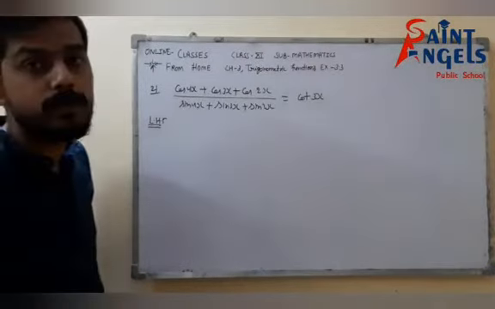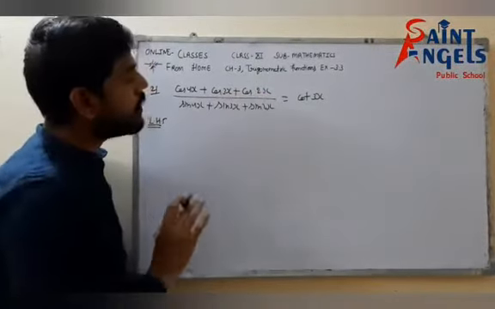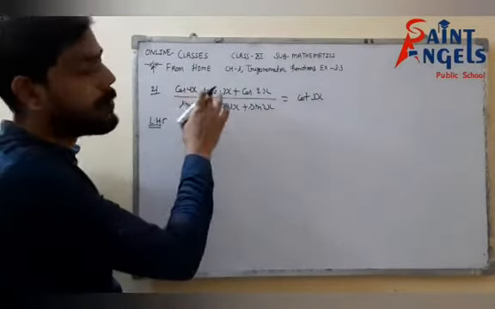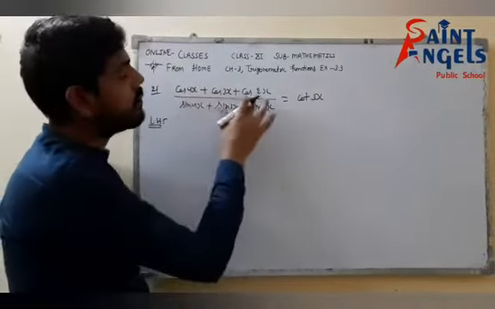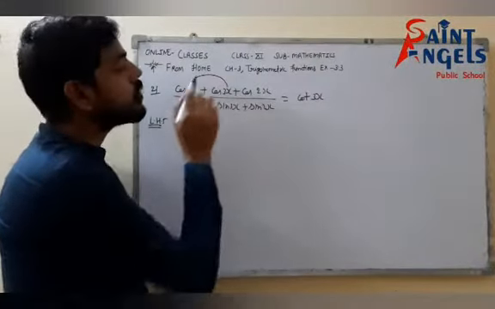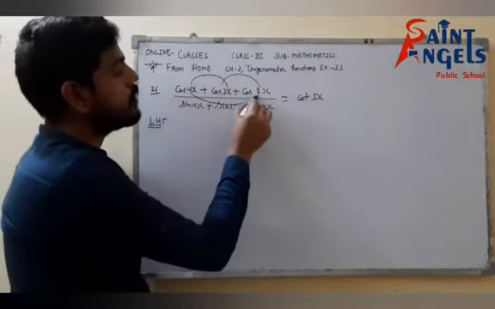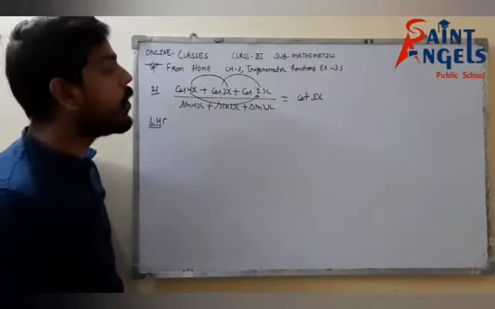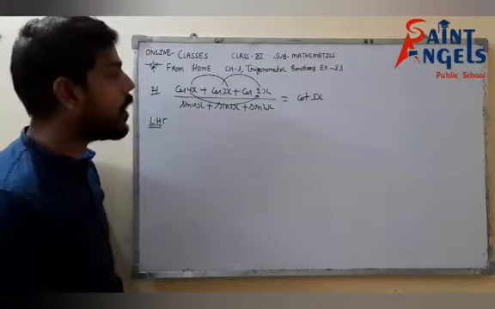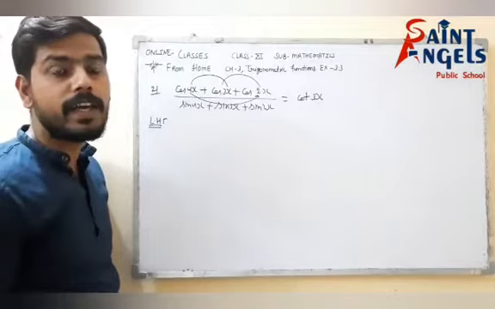Now in the LHS, what terms do we have? cos 4x plus cos 3x plus cos 2x. One thing is very clear, that I can solve this question by applying the formula of cos a plus cos b, but I have three terms here. So in which two terms should I apply the formula? Should I apply it in these two terms, or these two terms? That is the matter of thinking. So beta, the very clear hint is that we have to apply the formula in that pair by which, applying it, we can get a common thing.